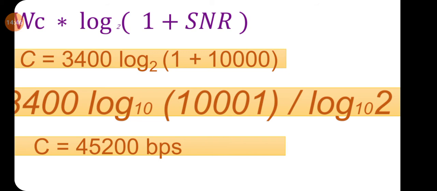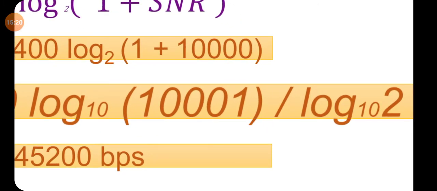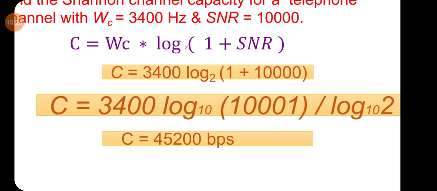Understood? So why we need to convert, that also you have to remember. Log base 2 values we can't get directly with the logarithmic table. The logarithmic table consists of logarithmic values with the base 10. So to find the log base 2 value, we have to convert it to log base 10. To convert any log base 2 value to log base 10, we divide it by log of 2 with the base 10, as shown in the highlighted portion here on screen.